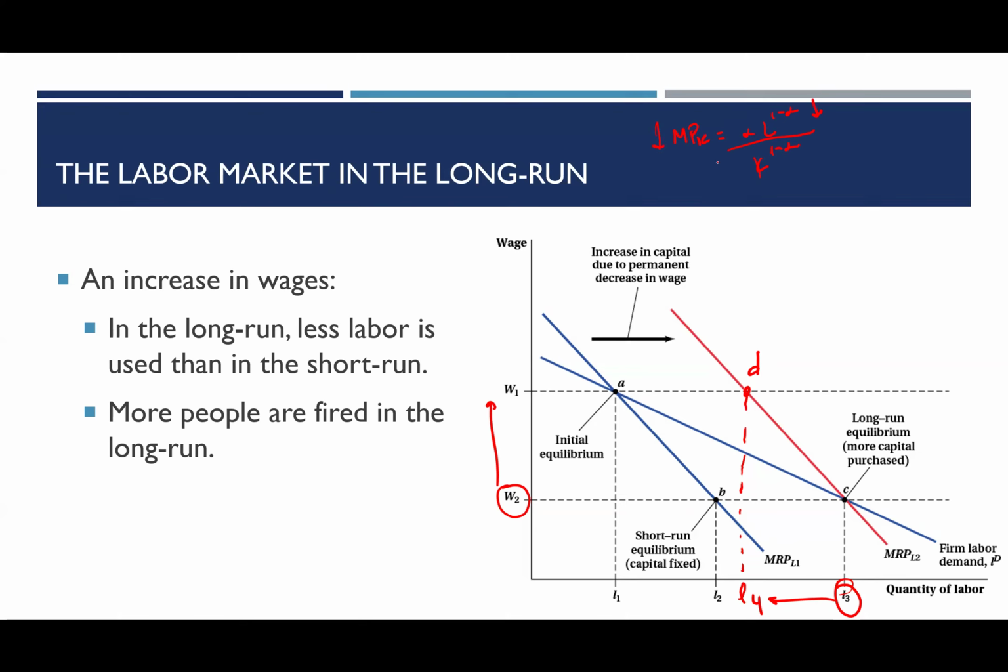And because capital's productivity falls, we're going to expect that the firms are going to reduce the amount of capital that they employ. And so when the amount of capital employed decreases, we're going to see the firm's labor become less productive as well, shifting the marginal revenue product of labor back into the left, right? Down into the left, placing us at point A. So we see then in the long run with that capital adjustment, more folks are fired in that long run, right? The firm is using less and less labor.